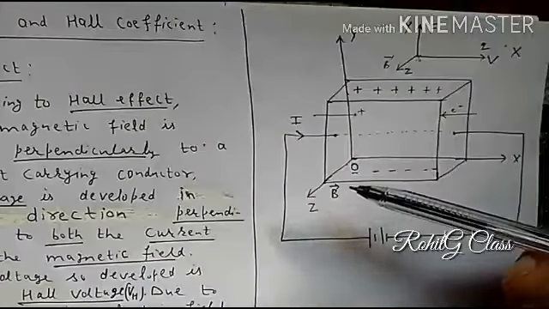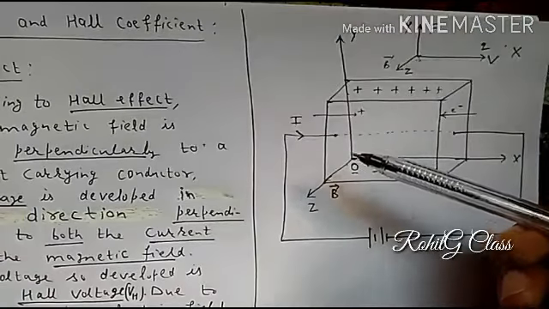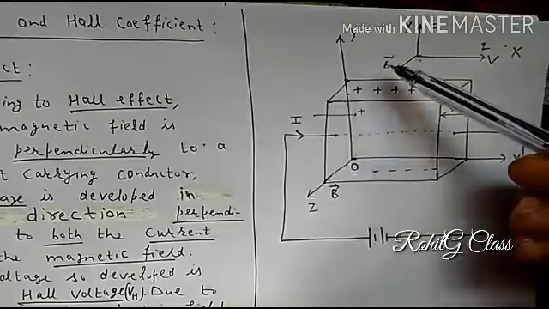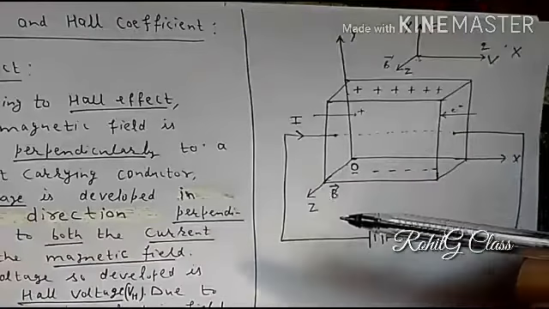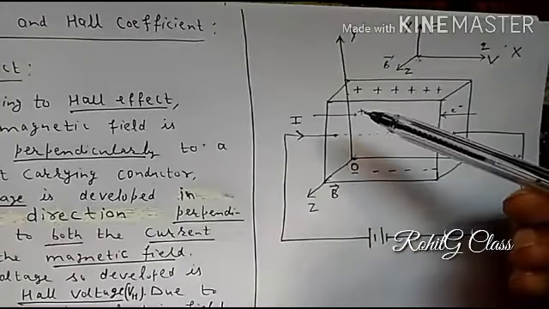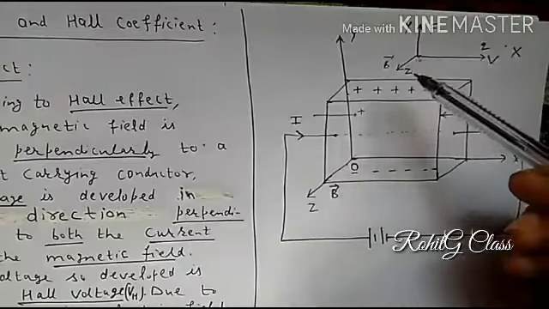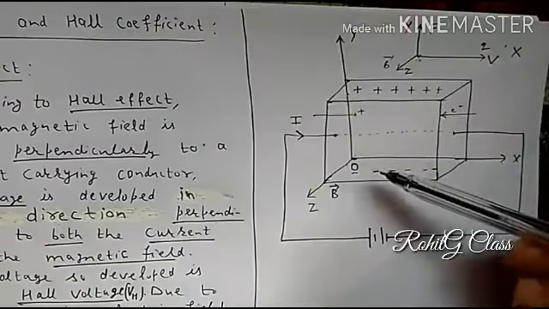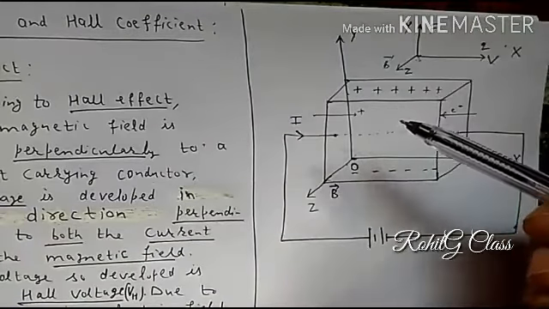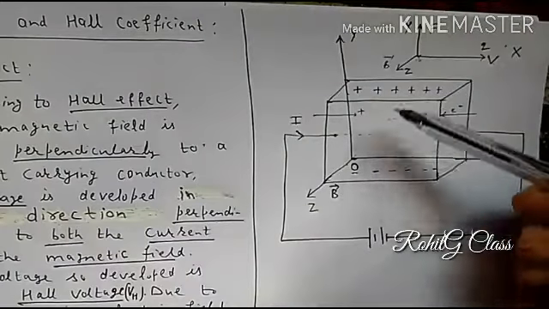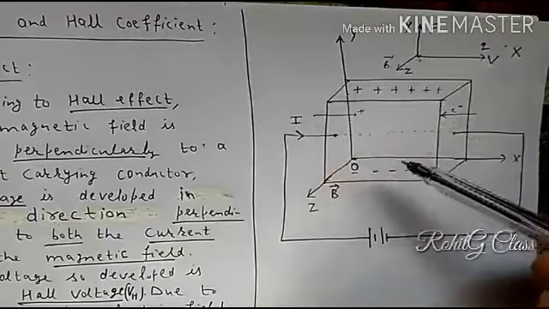So we saw that when we apply a magnetic field to the current carrying conductor perpendicular to the current, then charge will accumulate on the two sides of the conductor perpendicular to both magnetic field and the current. Due to this charge a potential difference is developed between the top and the bottom face of the conductor. This voltage is called Hall voltage, and due to this charge, an electric field is established between the faces, and that electric field is called Hall field. And this effect is known as Hall effect.